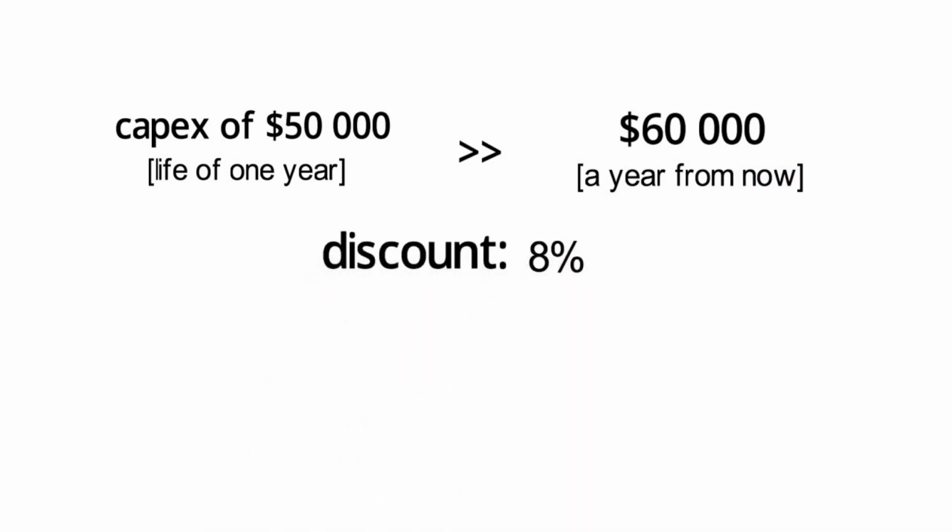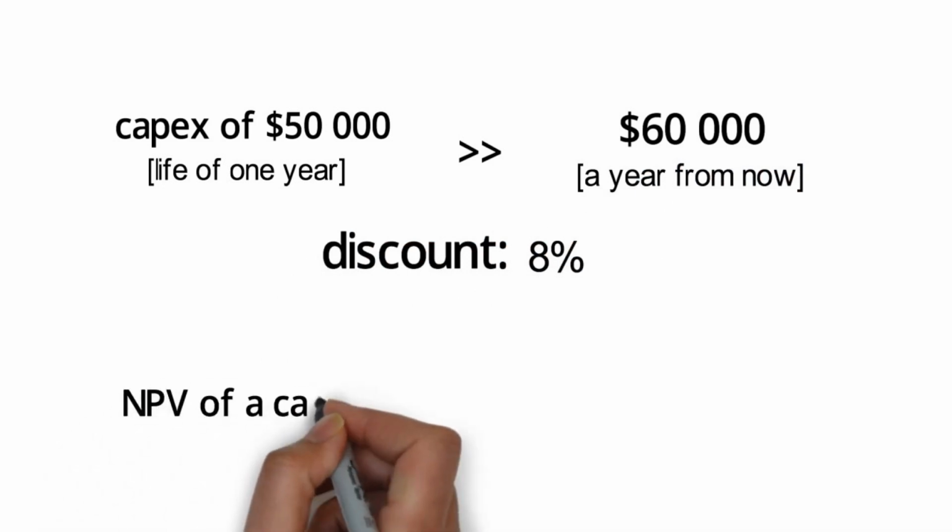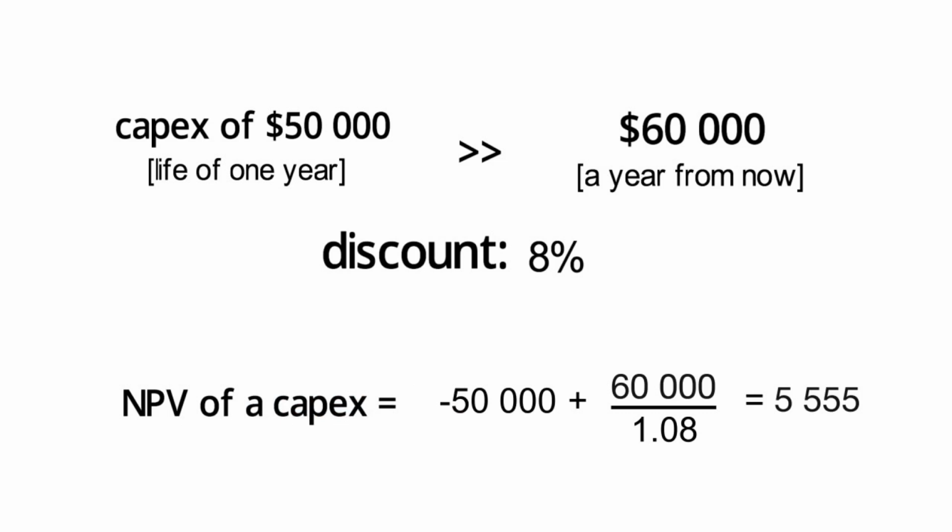To determine the NPV, what you need to do is to bring the future cash flow of $60,000 over to today, which is when you spend the money, by using this discounting rate of 8%. So you discount this one time, 1 year, and this math is very simple. Technically, you divide the $60,000 by 1.08. The NPV is $5,555. That is the value of spending a capex of $50,000 today, given that you get $60,000 back in a year. And how should we interpret that?